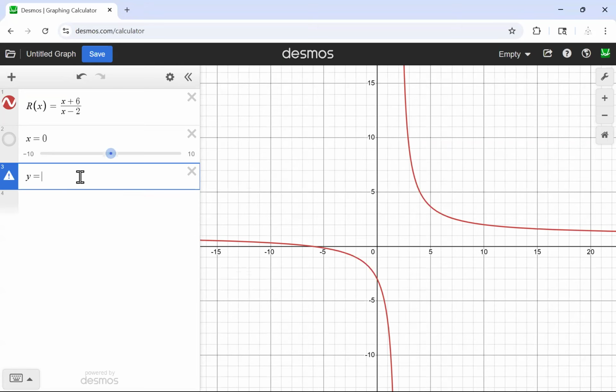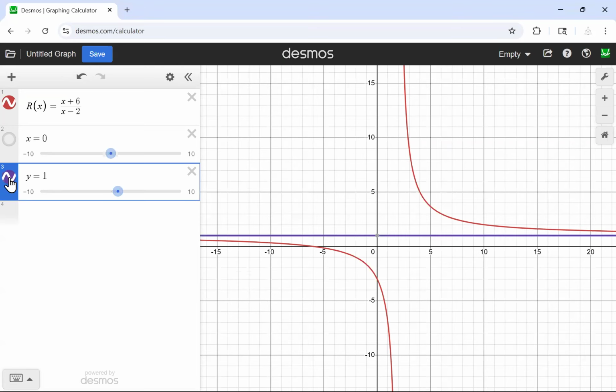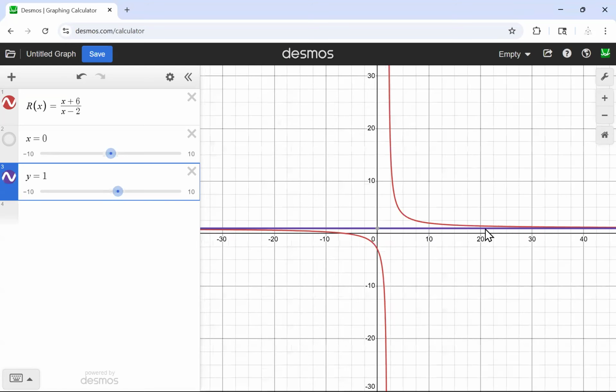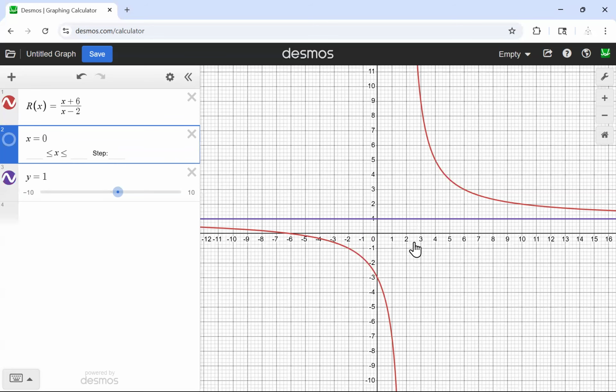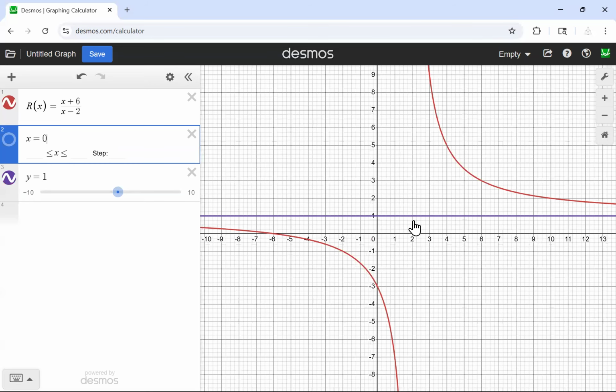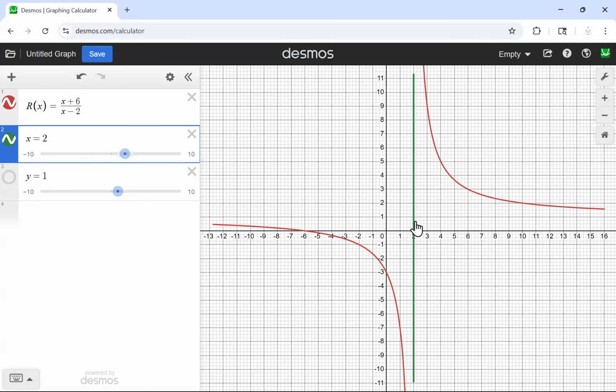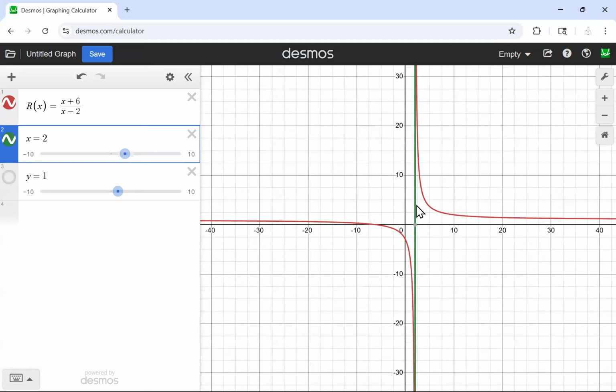So we're getting y equals 1 as our horizontal asymptote. I could scroll out further and further and further, and you can see that better as you scroll out further. And with the vertical asymptote, that's going to be x is equal to 2. Let's check that out. And again, as you scroll out further and further and further, you can see that both